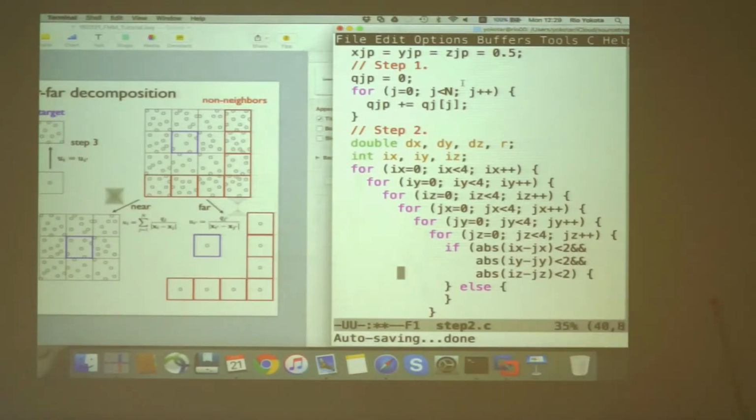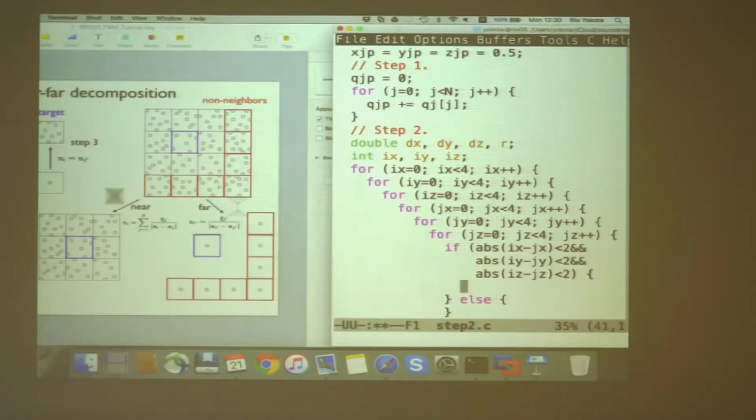So just do the same calculation, but with the distance. So the distance is relative. So what we need to think about is just the difference between